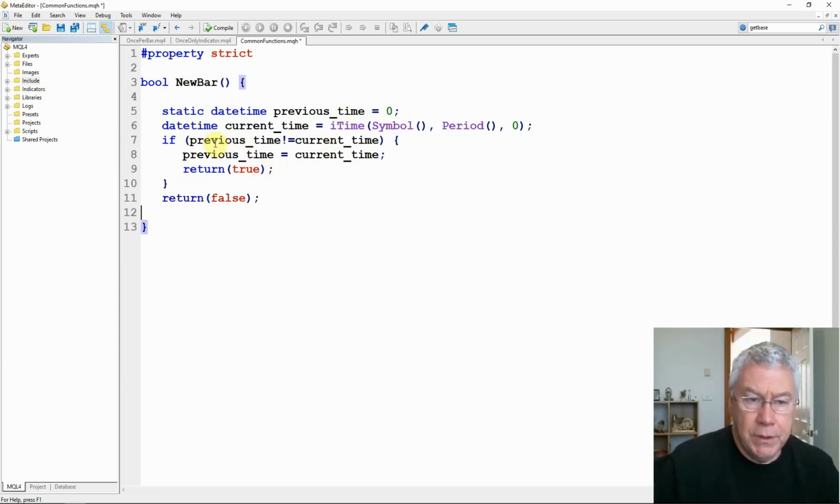Now this is the rest of the function as I normally write it. I'm performing a comparison here between previous time and current time, and remember, when we first come in here, previous time is going to be 0 and current time is going to be whatever the current opening time for the current bar is. If those two are different, so if previous time is not equal to current time, then the